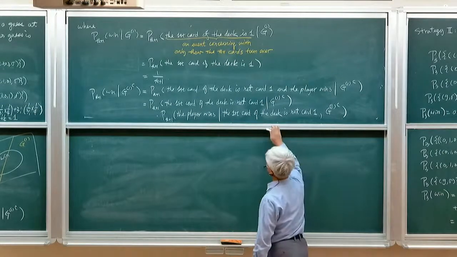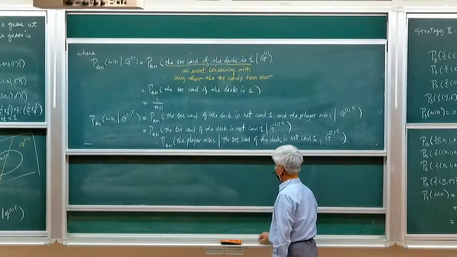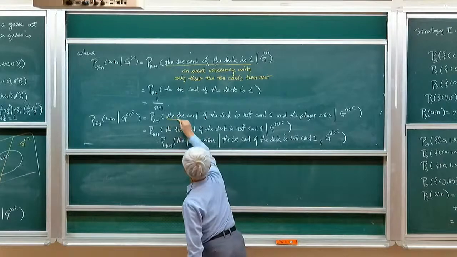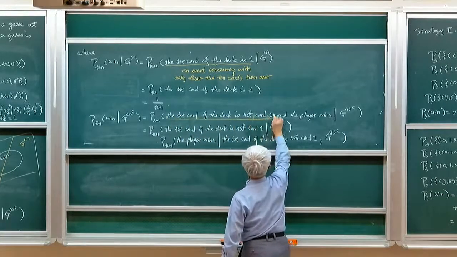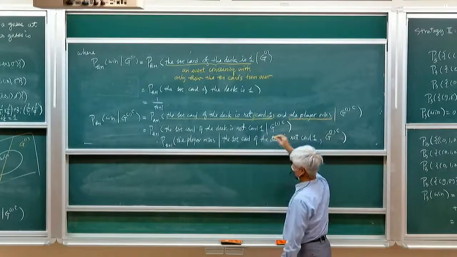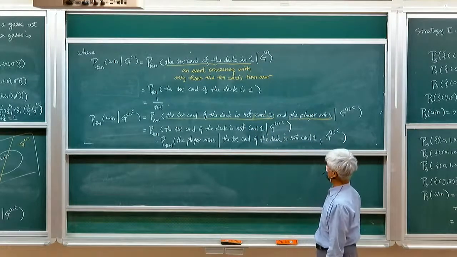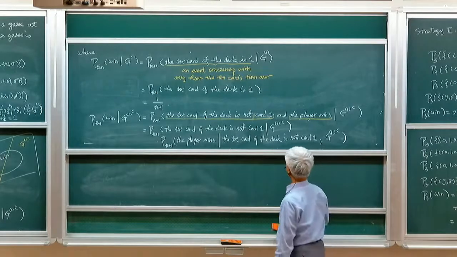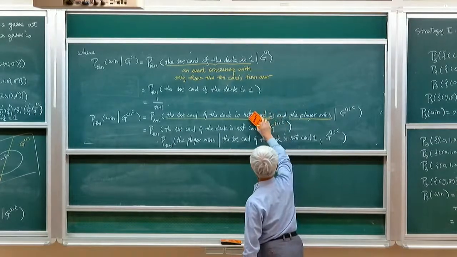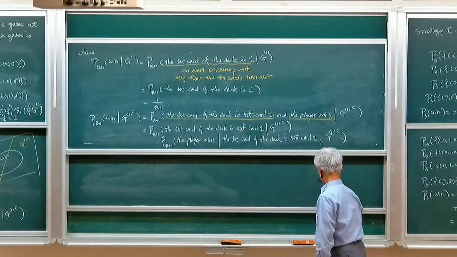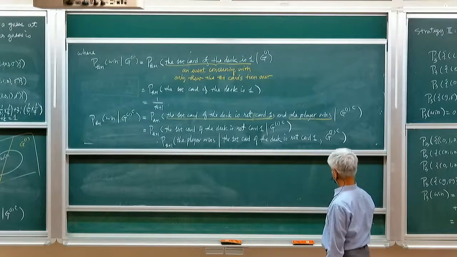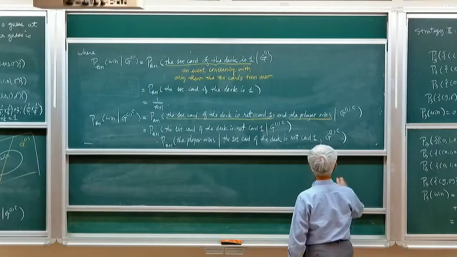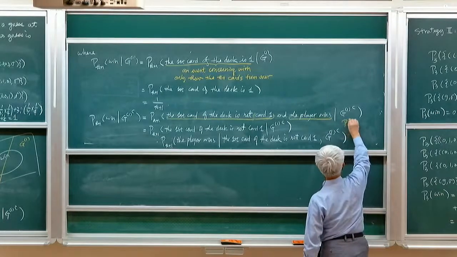Okay, so in here, the first is the event, and here, "and" means intersection. So we are using a formula, probability of